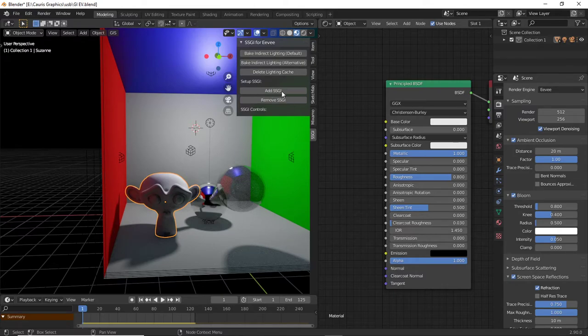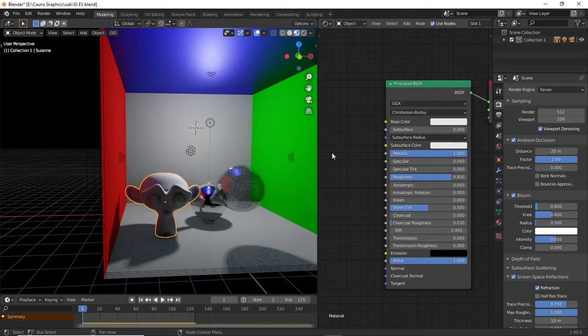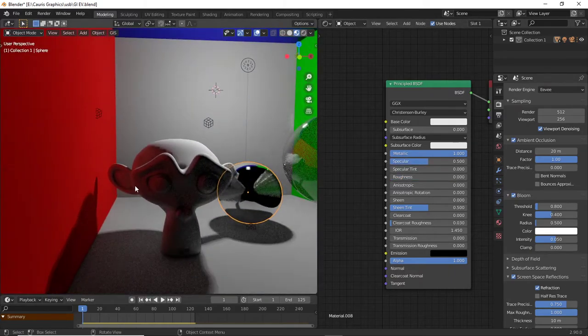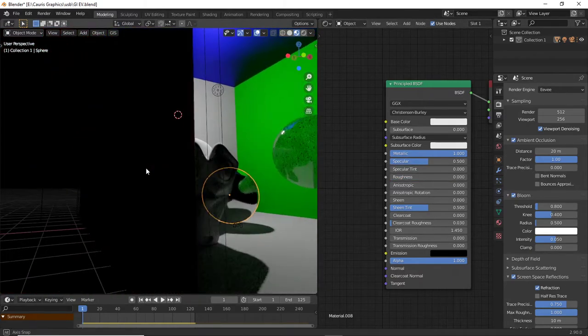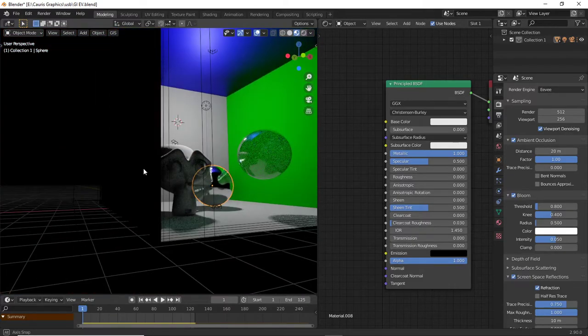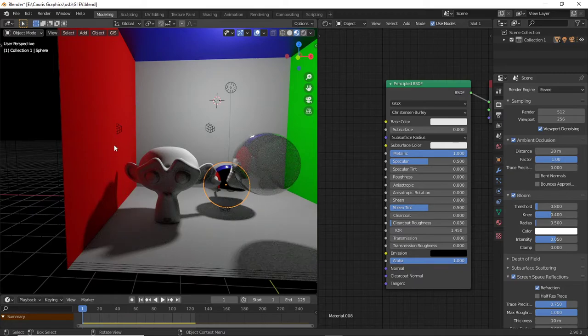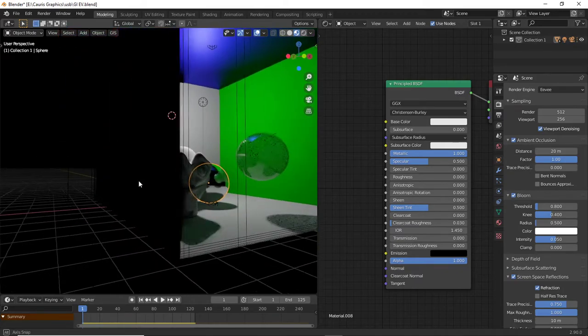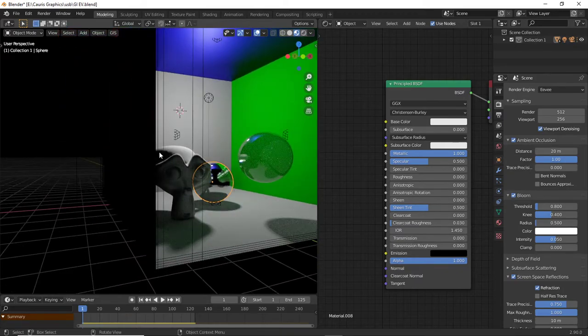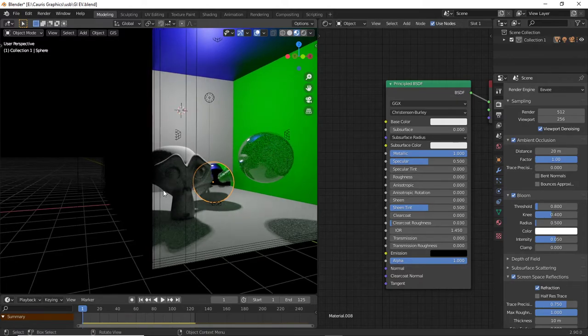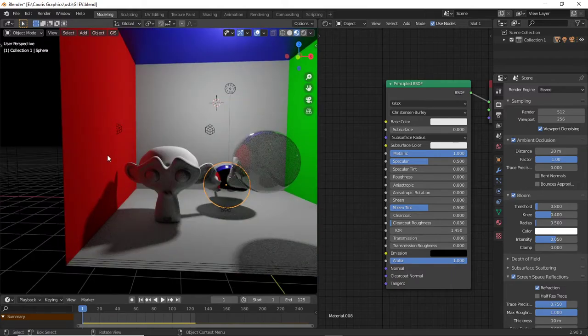So look, SSGI is not activated, but I got the SSGI effect, and the SSGI effect is in fact screen space. So if I go to a spot where I can see this red part on my screen, the red color will not be bounced onto the surface of the monkey. This is because it's screen space.